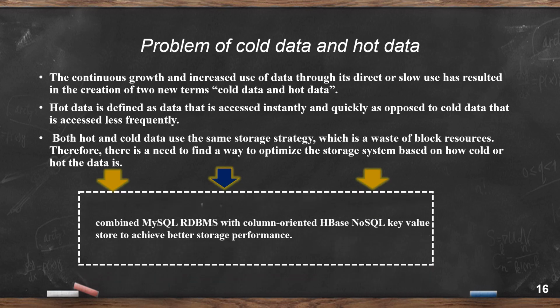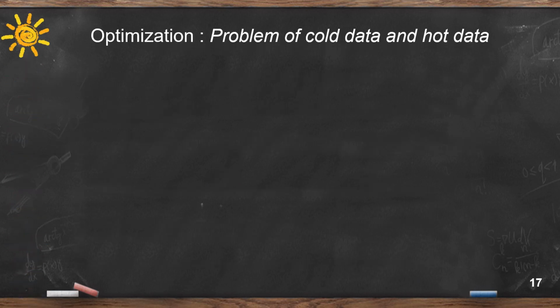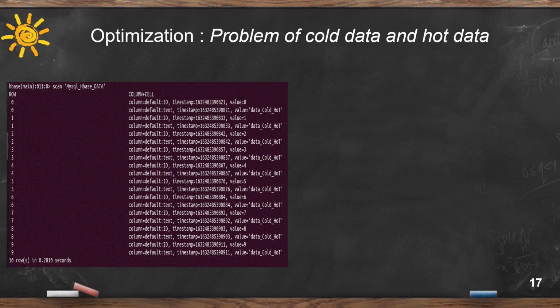For this, we suggest combining a MySQL database with column-oriented HBase NewSQL key-value storage to achieve better storage performance. We start by creating our implementation for this system. We choose to use the MySQL service for storing hot data and the HBase service for storing cold data. First, as shown in the image, we create a table on HBase and then store data inside it after implementing